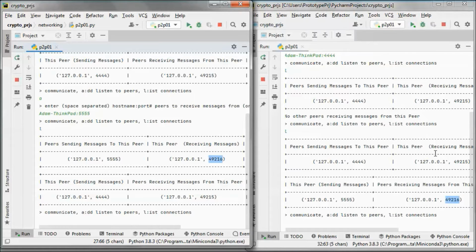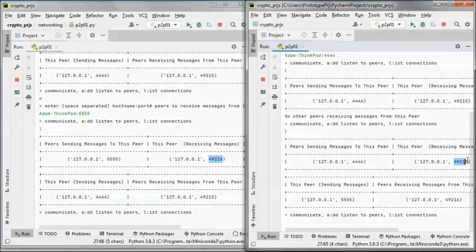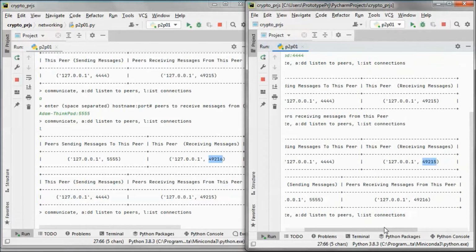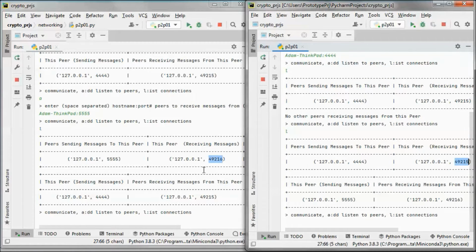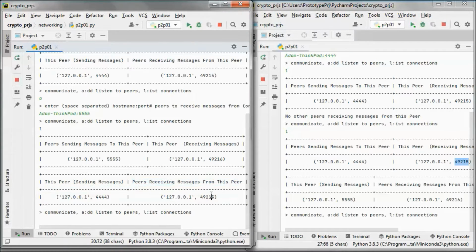And this peer is receiving messages from the other one on this port, and this peer, or peers, receiving messages from this peer on this port.